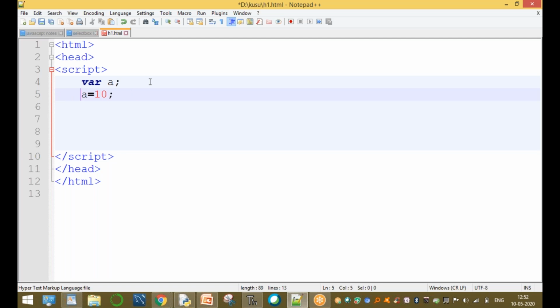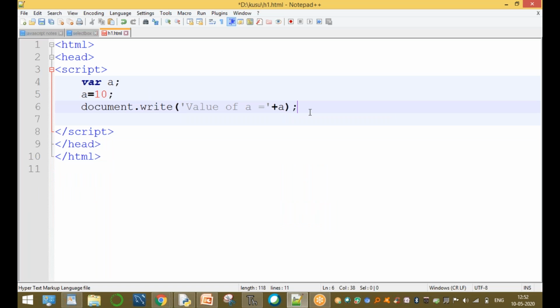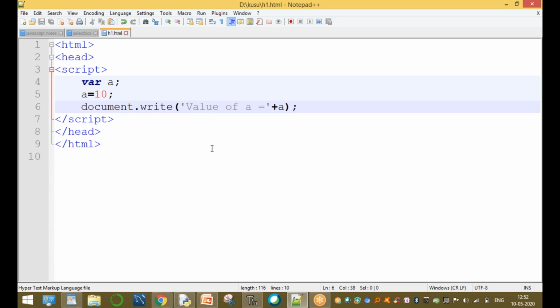Then document.write of "value of A equal to" plus A, semicolon. Clear, guys? A simple program. Save the script and run the script.